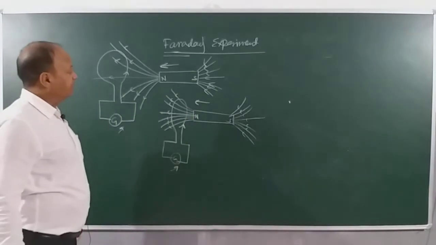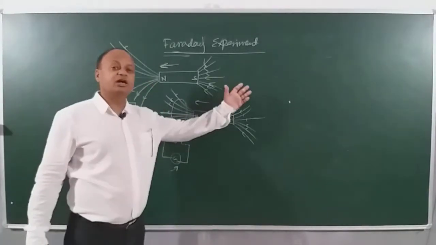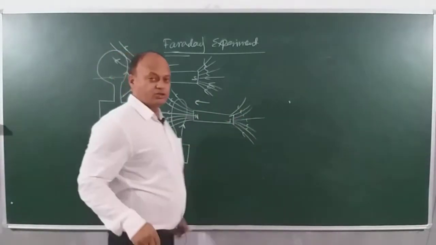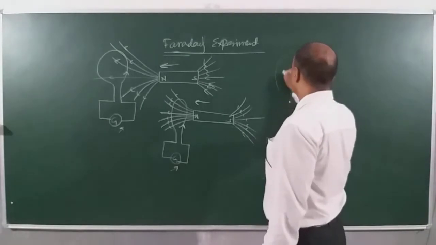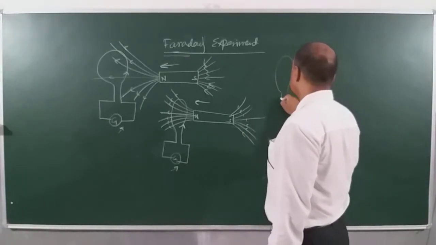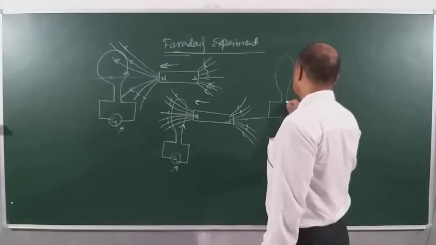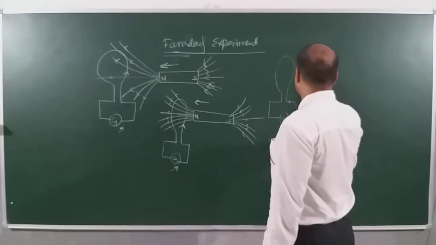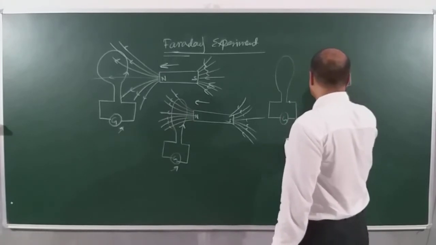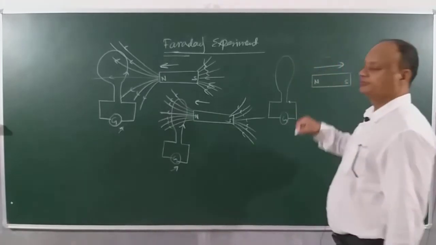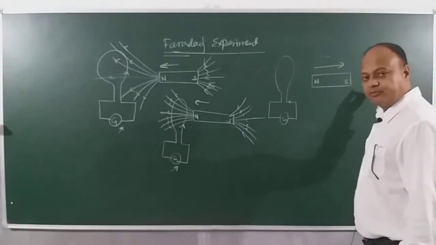Now Michael Faraday wanted to know whether current will be produced if he tried to move the magnet away from the coil. So what he did was, he took the same coil out here. This is the coil that he took, connected through a galvanometer, and then he began moving the magnet away. The magnet is moving away now. Velocity is away from the coil.